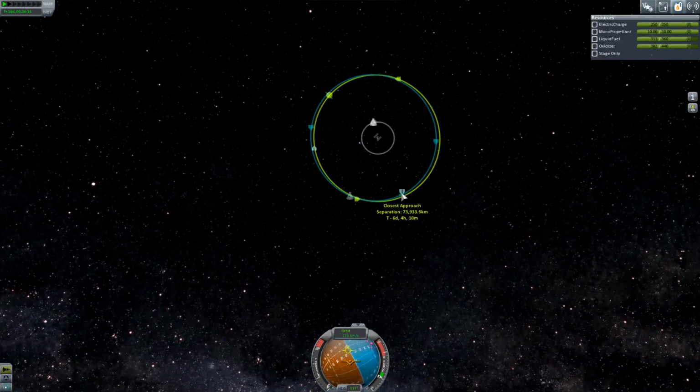And we are going to, I think, yeah, we're going to radial out real quick, just to get these lined up a little bit better. And we will have to adjust our inclination again at the next node we come to, the next crossing. Alright, so there's our radial out, nice and matched. A little too matched, actually, so we should...